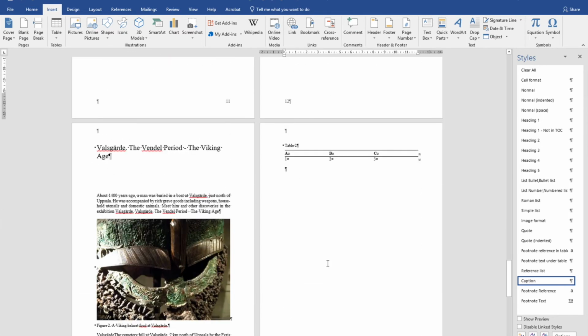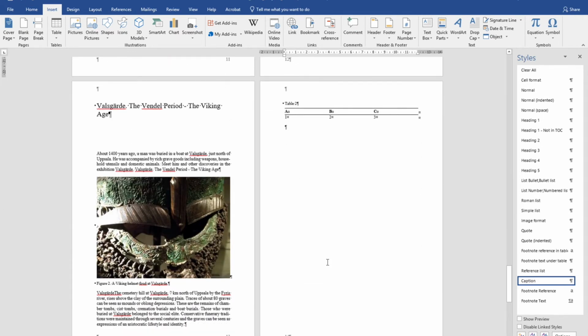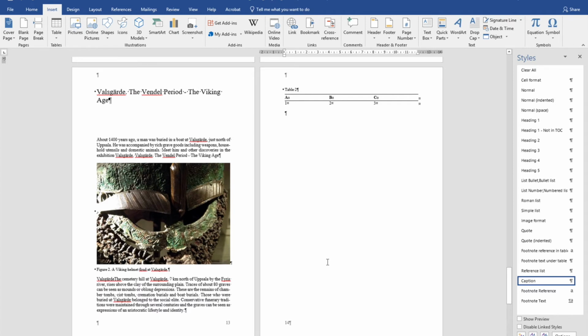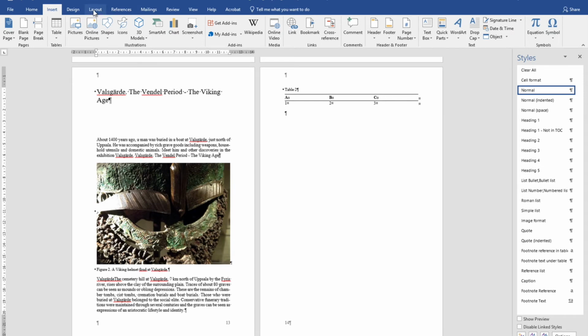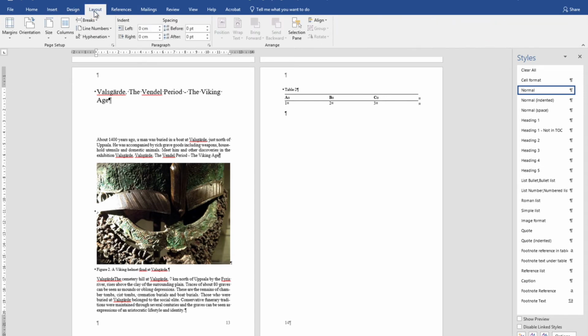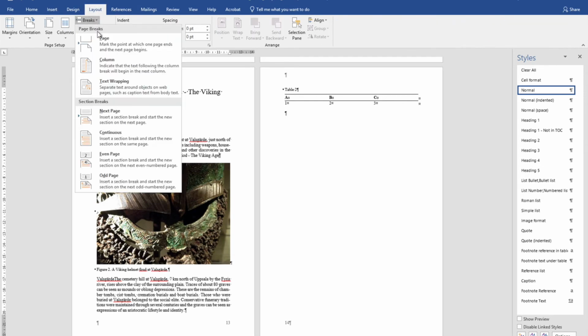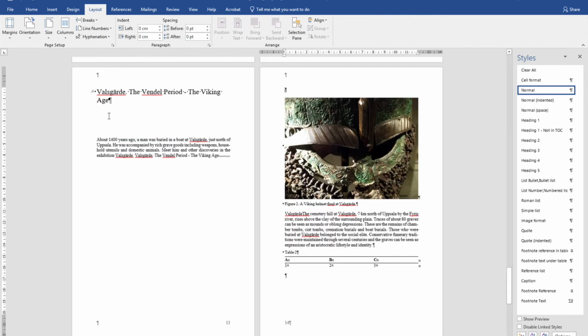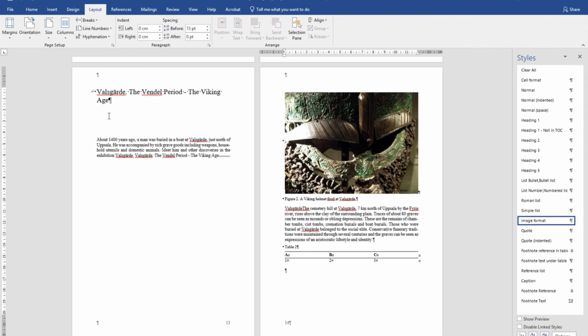Now let us take a look at how you can have an image in landscape view. Let's say that you want to have this image in landscape view. Place the marker before the image. Now add a section break. You do this by going to the Layout menu, Breaks, choose the next page section break. If the Show Hidden Characters function is open, then you will see the section breaks clearly on that page.